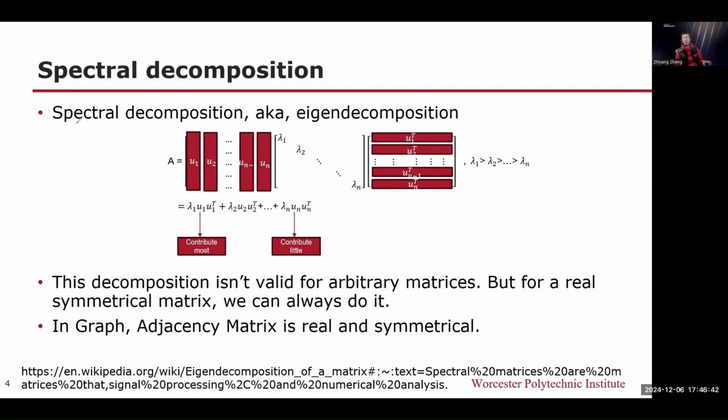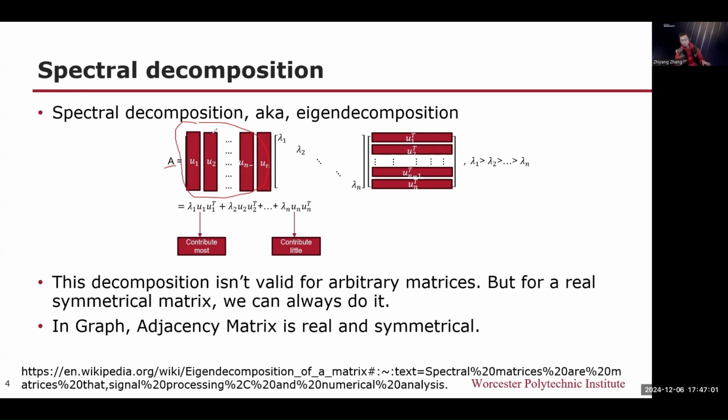Also spectral decomposition, also called eigen decomposition. Matrix A can be decomposed into 3 matrices, the multiplication. The first matrix is